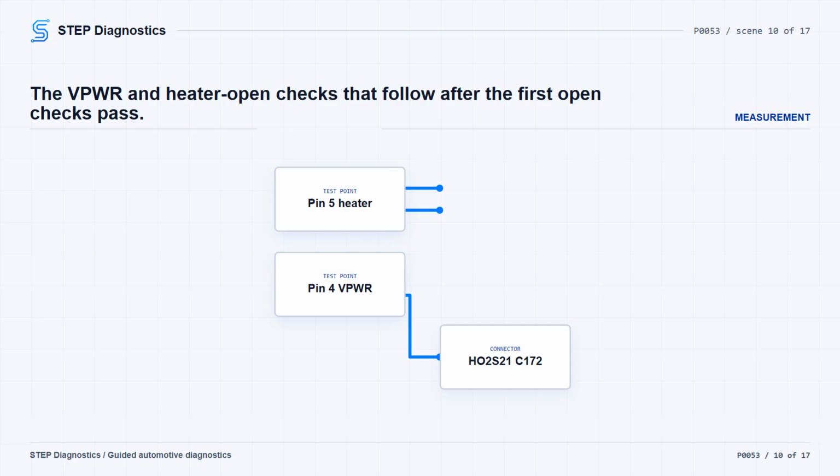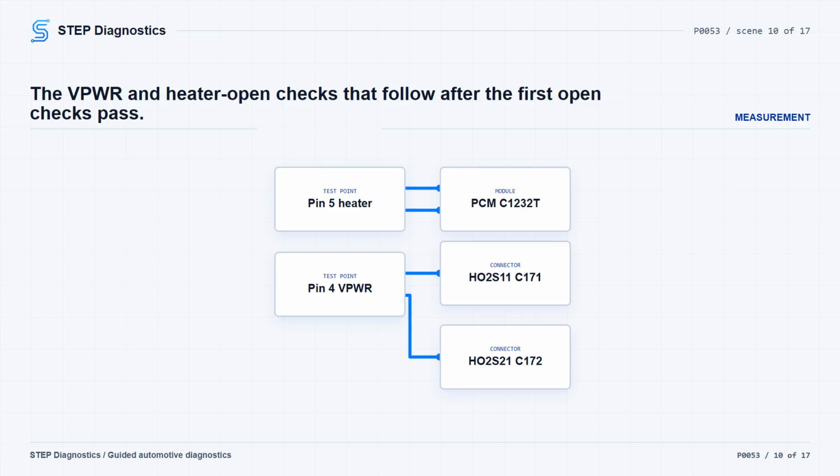The voltage should be greater than 10.5 volts. If it is not, repair the open circuit, clear the PCM DTCs, and repeat the self-test. If VPWR is good, turn the ignition off, disconnect the universal HO2S and PCM connector, and check the heater circuit